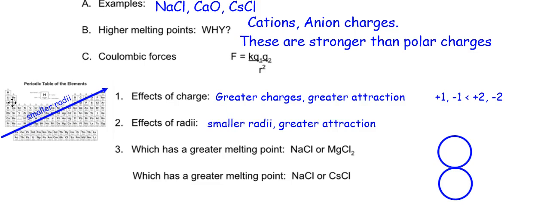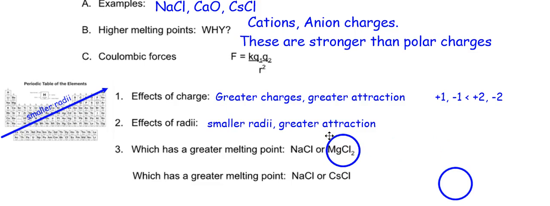So what does make a difference is their charge. Sodium is a +1 charge, magnesium has a +2 charge. That will actually take priority over the fact that they're in the same shell. Magnesium is slightly smaller. So it's the fact that magnesium has a +2 charge that makes it have a